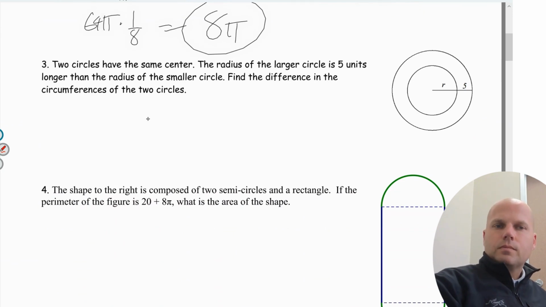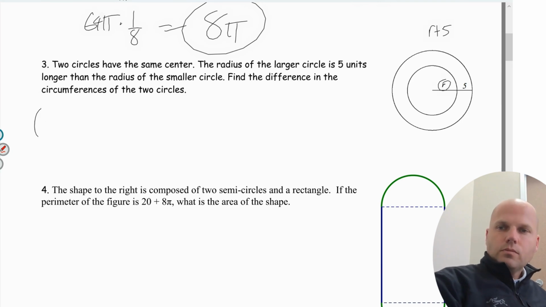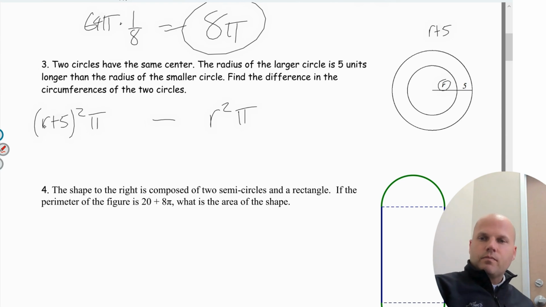Okay, cool. We got two circles. The bigger circle, the radius is r plus 5. The smaller circle's radius is r. So we have r plus 5 squared pi, and then we have r squared pi, and we want to subtract the two. I have to figure out what r plus 5 squared pi is. It's not r squared plus 25. It's a common mistake. It's r squared plus 10r plus 25 pi